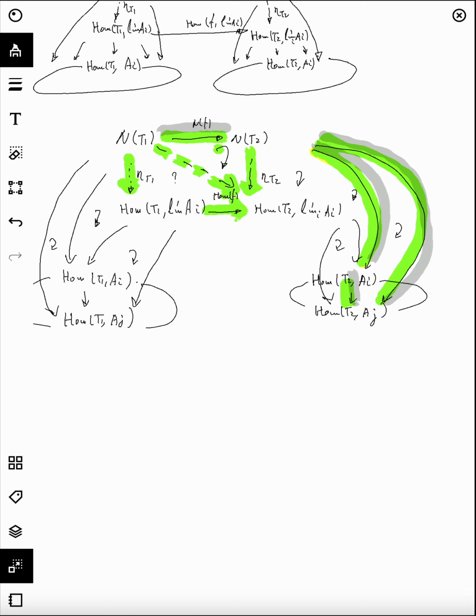This is how you make the diagram commute, making yourself a cone, and then by the universal property, there should be a unique map here to the universal object. And now I'm claiming that this way is also a map making the diagram commute. That would mean that